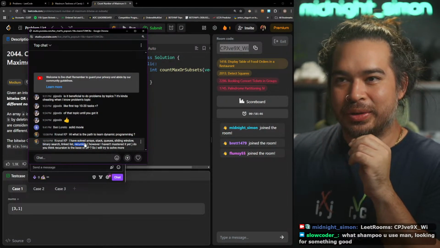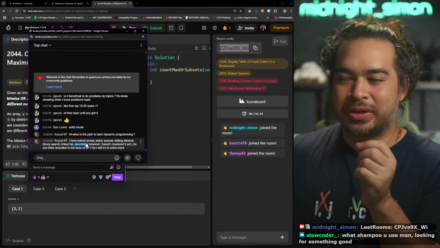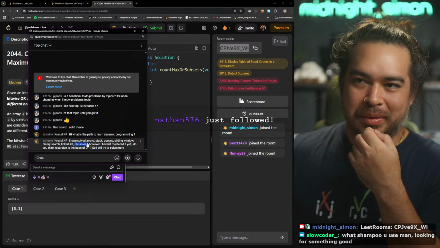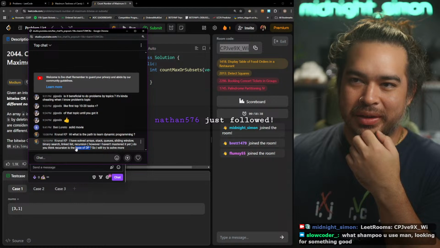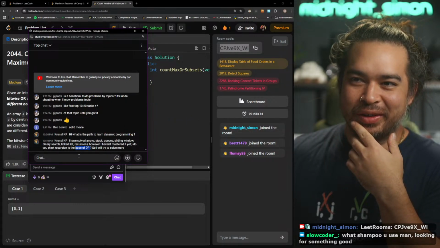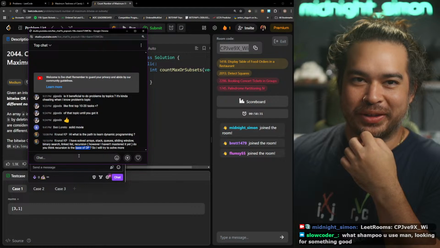So keep practicing recursion, maybe try some backtracking, and then House Robber is the very first DP problem I learned how to do.